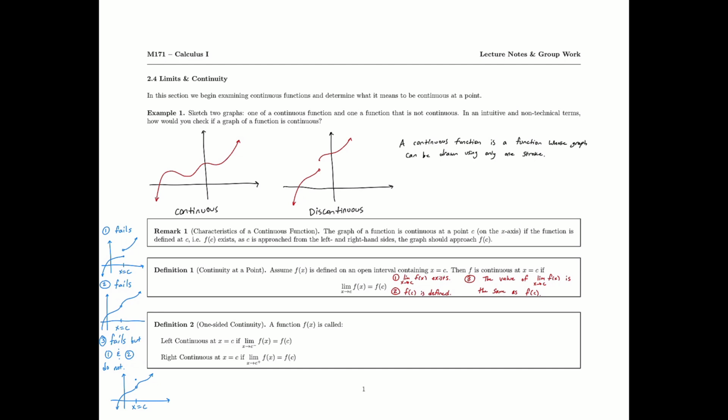All right. So this next definition, definition two, deserves a little bit of graphical interpretation, just to help us solidify the idea of what left and right continuous mean. So the definition, we're right here. So the definition of one-sided continuity: a function f is called left continuous at a particular value, x equals c, if the left-hand limit of the function equals the value of the function